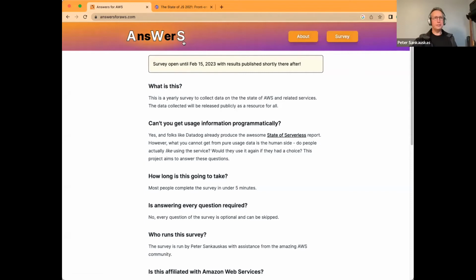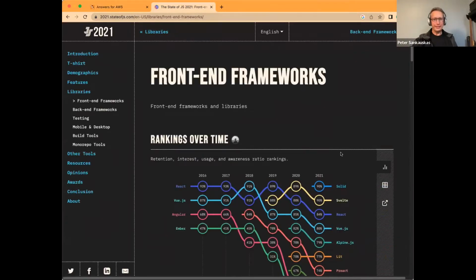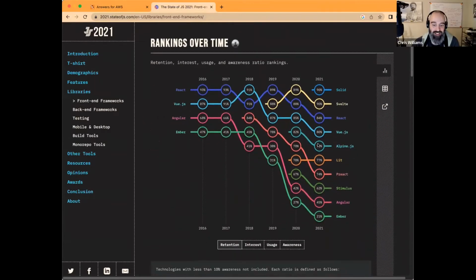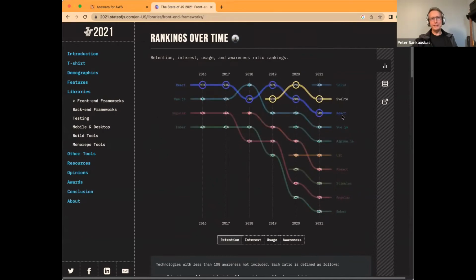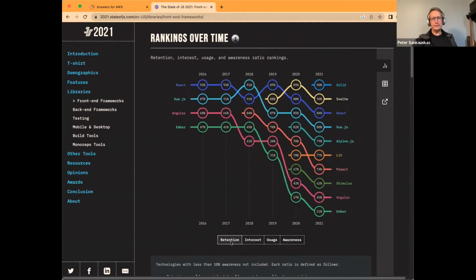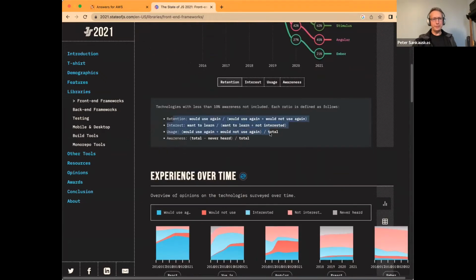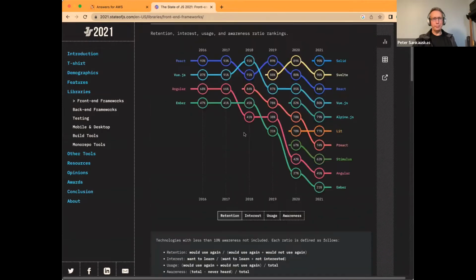What I'm going to do is stop my screen share, and you go ahead and start yours, and then we will fumble through this thing together. Sounds good. Let me just show you the dream before I get there. This is what I want. You can see React is starting to lose a bit of retention. Not as many people are using it. And the formulas for how to calculate this, they've done such a great job and it's all there.